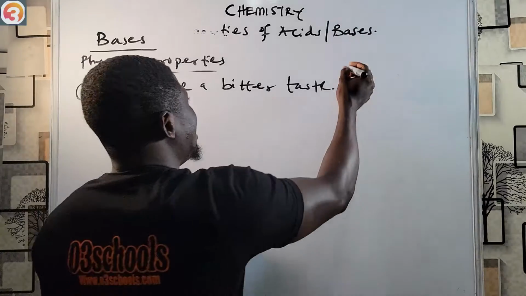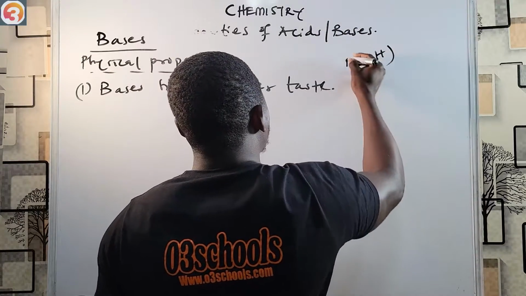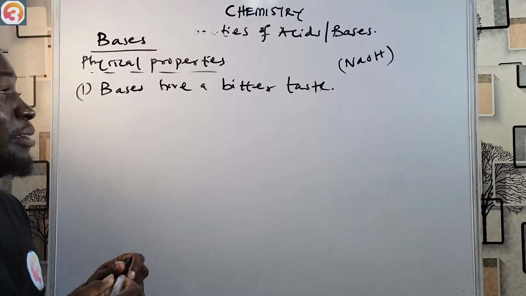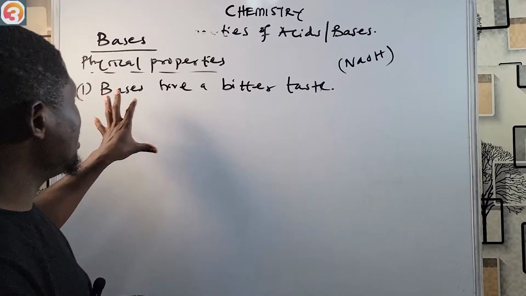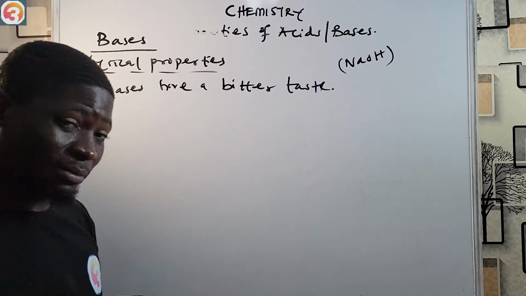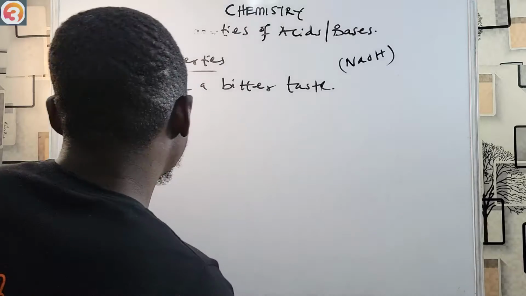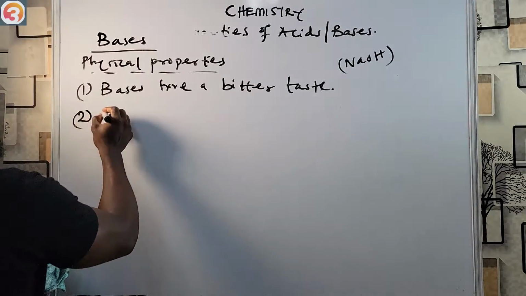For example, let's say NaOH. NaOH has a very, very bitter taste. That's a very bitter taste, right? So bases have a bitter taste. Once you taste them, they are very bitter. Then number 2, bases